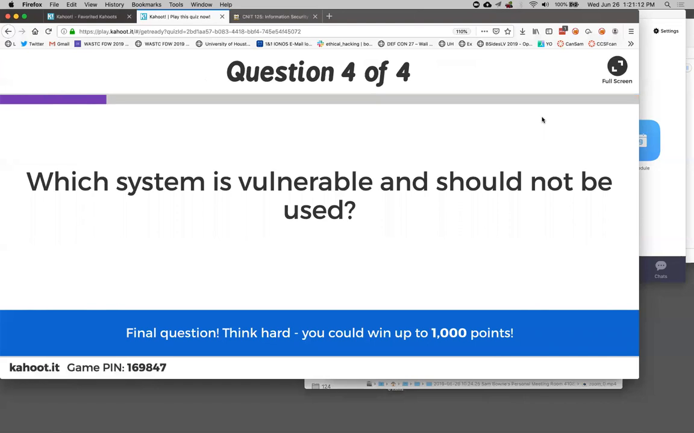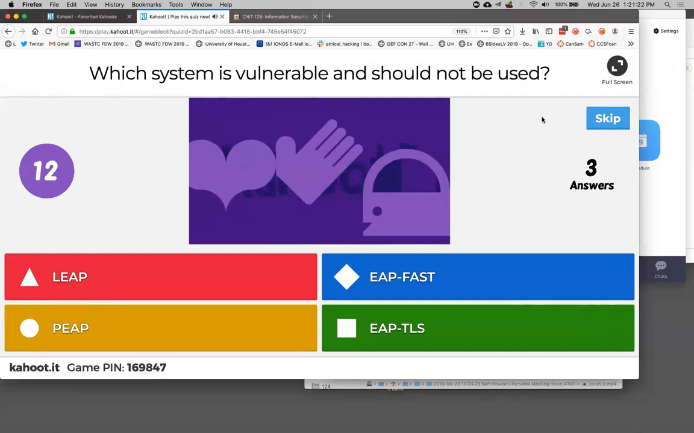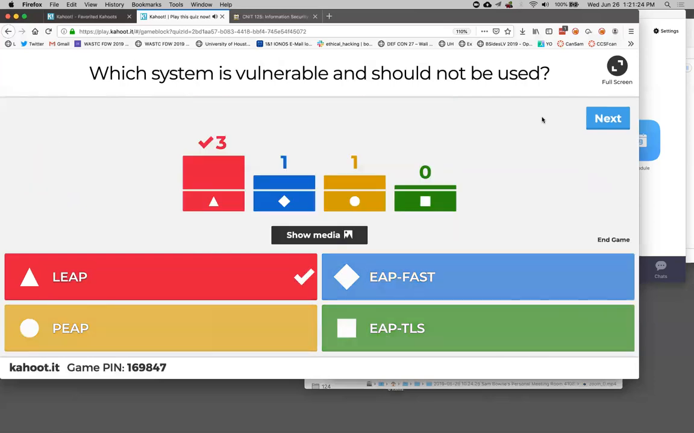Which system is vulnerable and should be avoided? LEAP. That's considered broken. Joshua Wright wrote a tool called Asleep that hacks into LEAP. My students do it in a hacking class, and Cisco got very, very angry and condemned him and said,